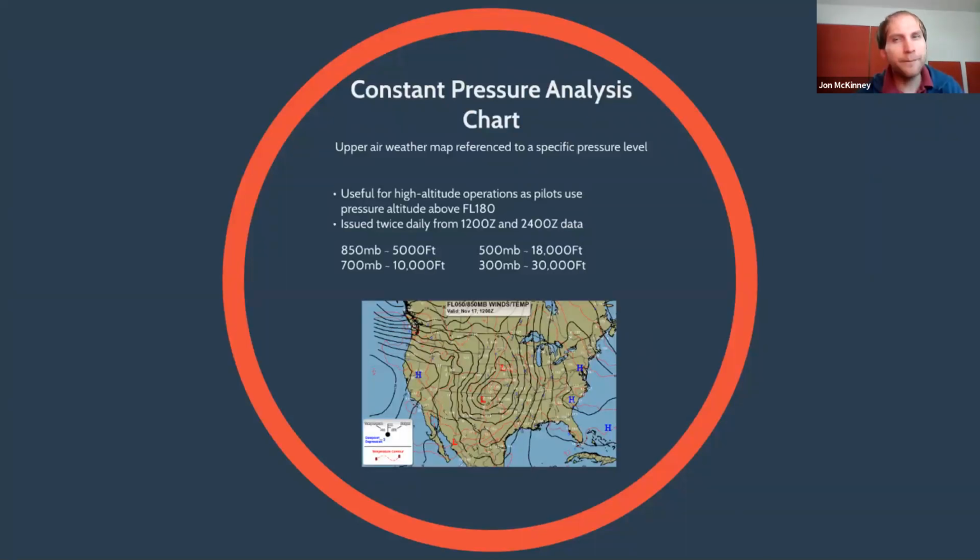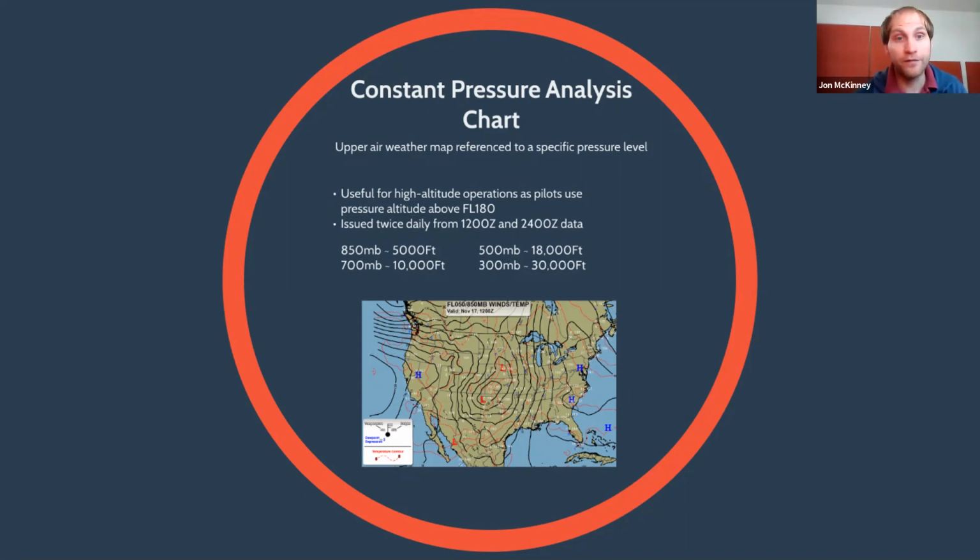So it's kind of a little bit beyond us. It's a little above our heads, if you will. We don't fly this high in the atmosphere. We're probably not going to use this chart a lot, but it still could be something that you could wrap your brain around and find as useful information. Why? Because whatever's going on in the upper atmosphere is going to have an impact on what's going on here